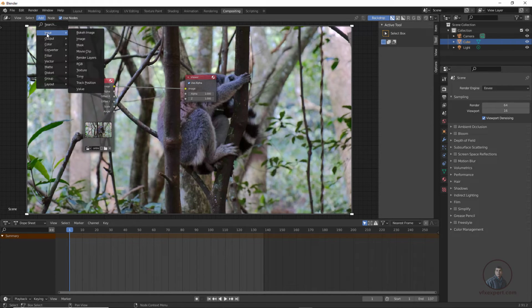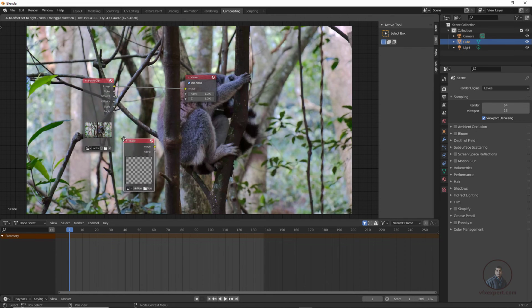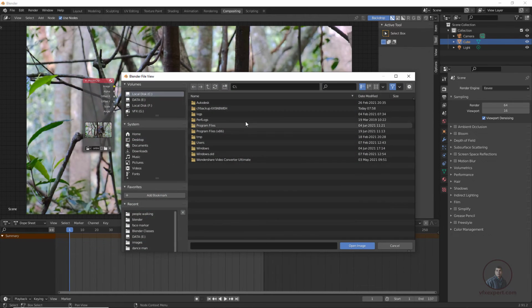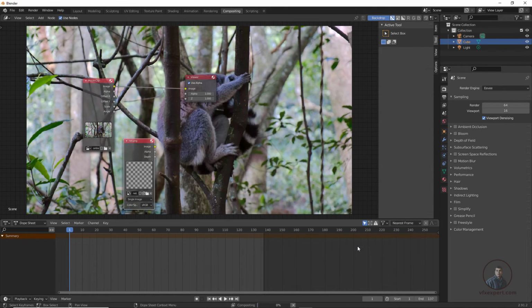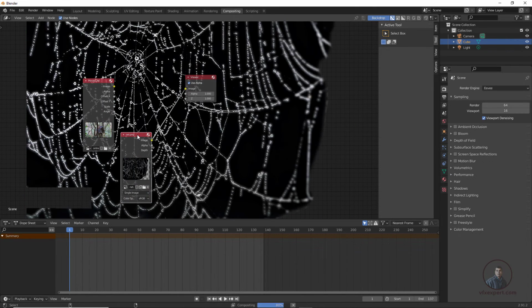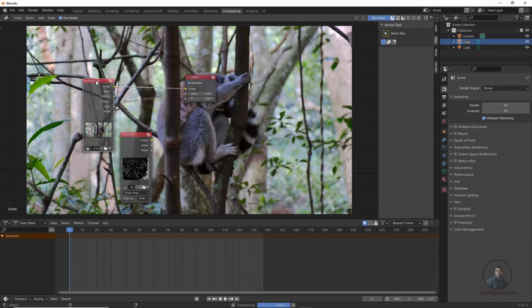So just click on this add input and click on this image here, because now I am going to import our image. Then again click on open. In our Blender folder I have this net png here. So I have selected it, click on open. Now if you want to view this one, hold control and shift and click it here. This spider net I am going to place on our tree here. So again hold control and shift and click it here.